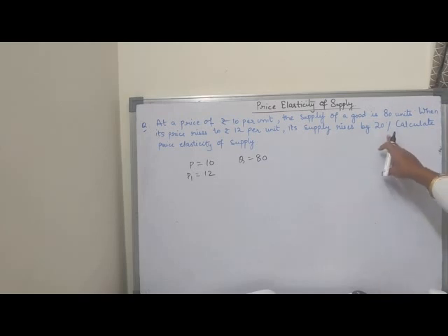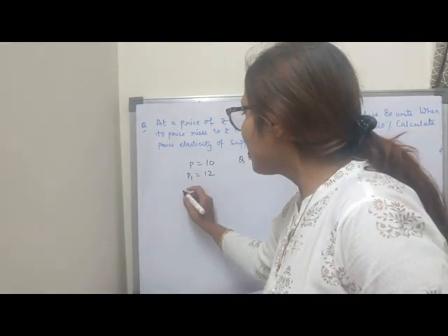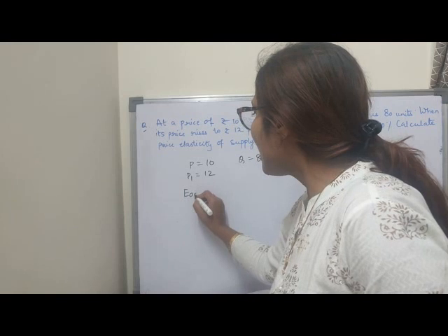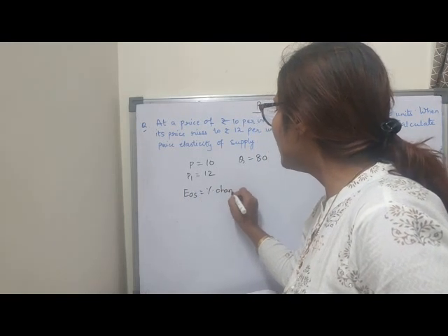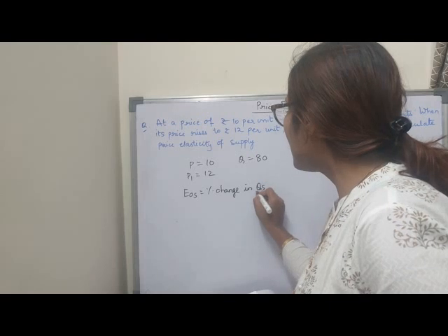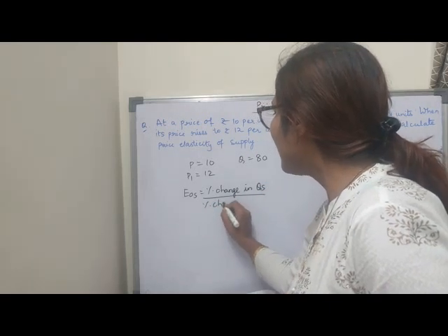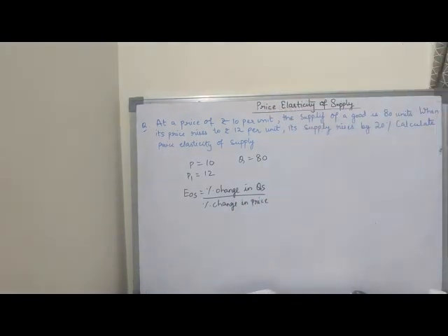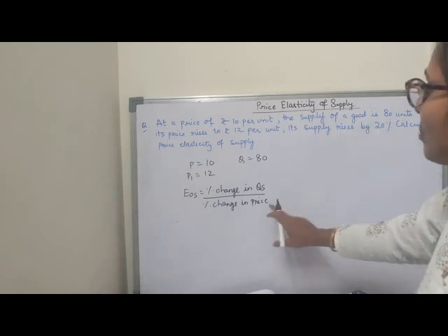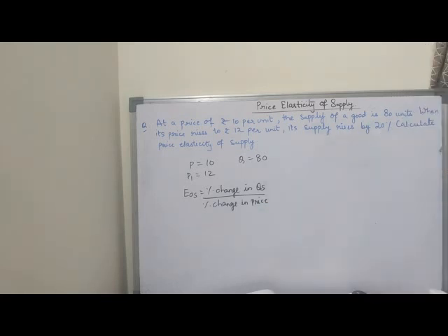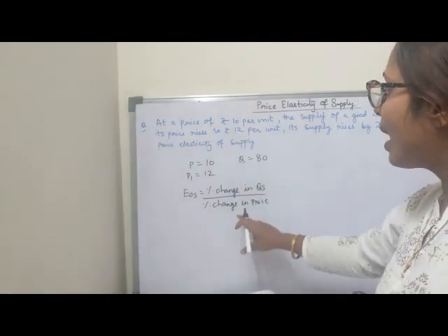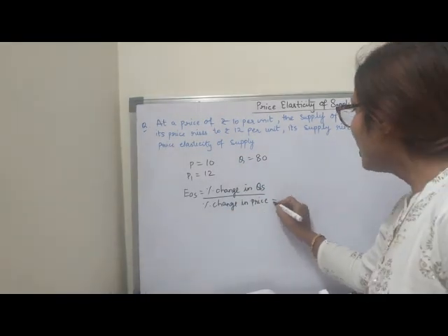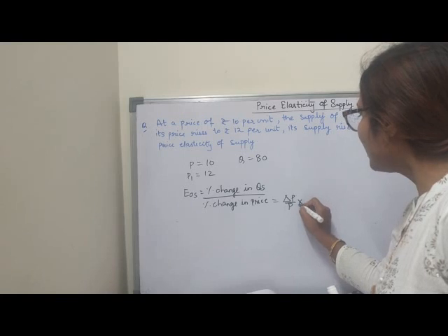As it is given in the percentage method, we have to find it out in the percentage method. The percentage method says that elasticity of supply is equal to percentage change in quantity supplied by percentage change in price. Is not it? This formula we will apply. Using this formula we can get our price elasticity of supply. Now you see, supply, that means quantity, is given in percent only. So no need to find out the quantity, only we need to find out the percentage change in price. That means it is given as a number, we have to bring it into percentage mode. So change in price by P into 100.